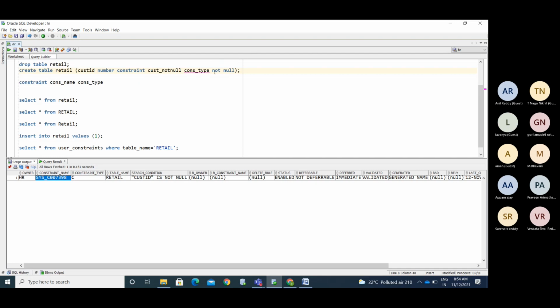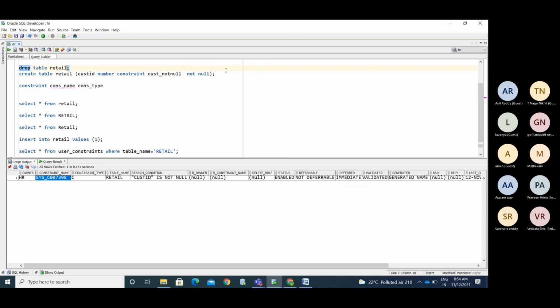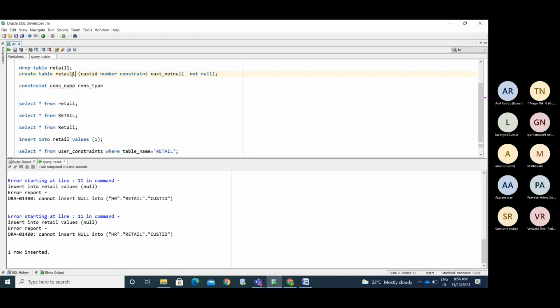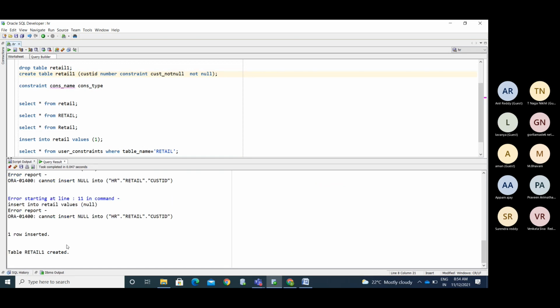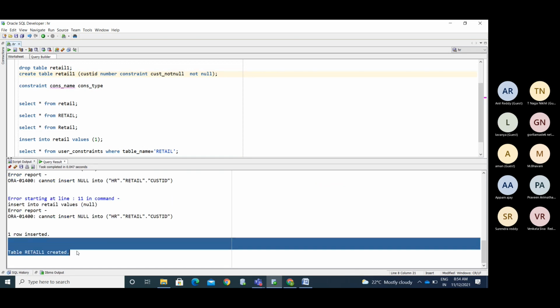Okay, so now the constraint name, constraint type is not null. This is the constraint type. Now I'm dropping this table and creating the retail one table with this. Now the table is created. Now I'm going to look in user underscore constraints.